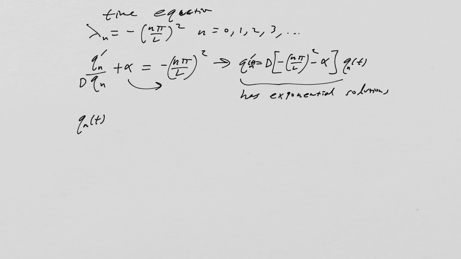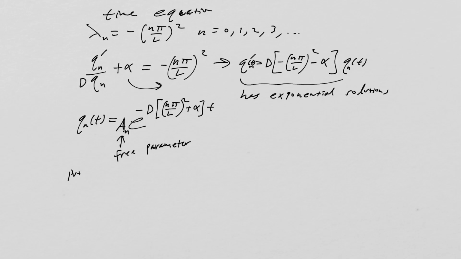Qn of t equals e times an, that's our free parameter, negative times d of n pi over L quantity squared plus alpha times t. Okay, great. Now we can, of course, put Pn and Qn together,